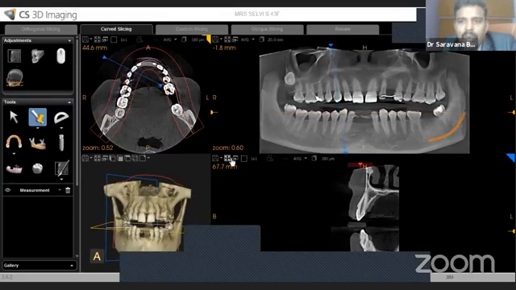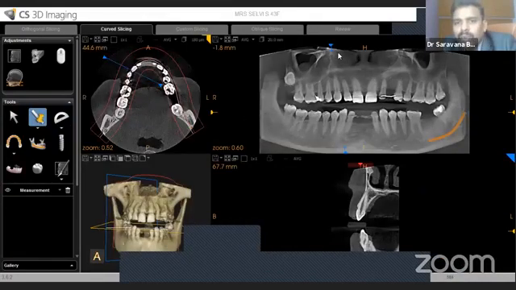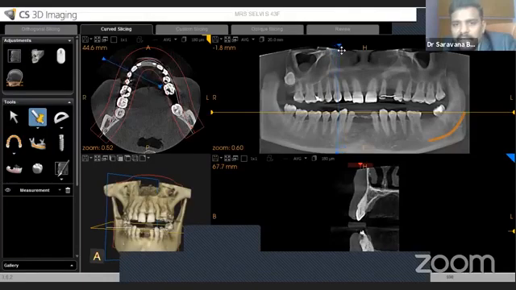Okay, now I am going to maximize this. Okay, you can clearly visualize the root canal morphology of tooth number 2-3. Okay, for that you have to go to the curved slicing. Okay, in the curved slicing there is an upper one, there is a big yellow color, blue color tool. The lower one, there is a small blue color tool. You can rotate like this.